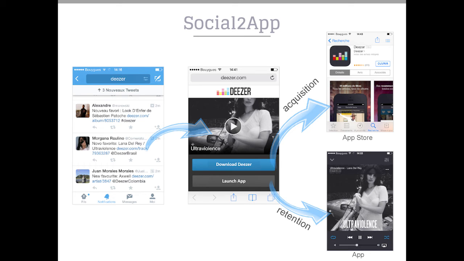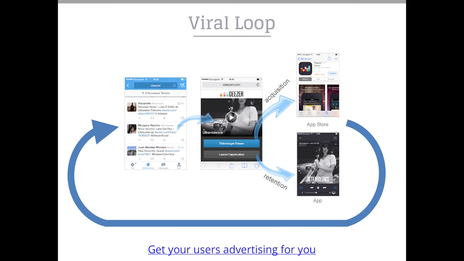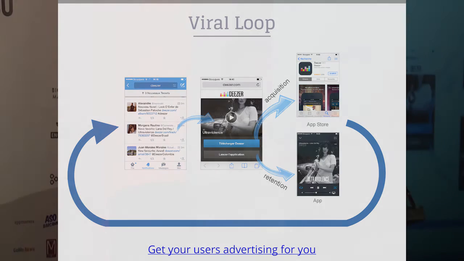There's a mutual benefit. And it's how it happens regarding social to app. Same as what we saw in deep linking. People will click on a link on Twitter, and they will be led through the cycle: either acquisition if they don't have the app, or retention if they have it. And with that, you can create a viral loop, because the people that you acquire or the people that come back into the app will share again. So you have the viral loop that will make you grow without spending a budget. And that works also via email, via SMS, because it's just the way you share. It's not only social networks.